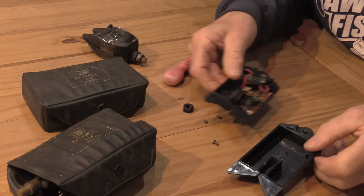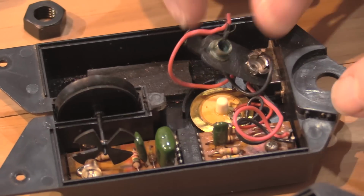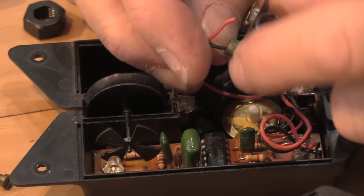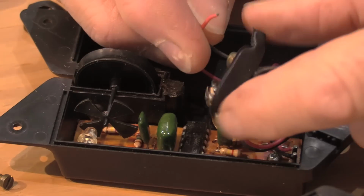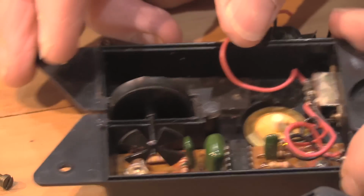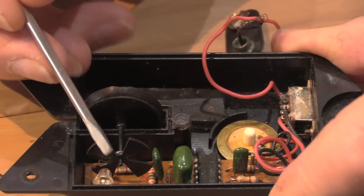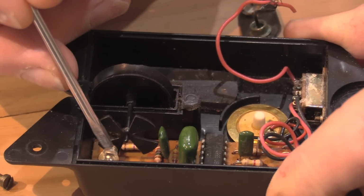This one hasn't got a battery on it, but you'll get the principle of it. Battery goes on here. Obviously not on this one, because as you see it's all corroded and the terminals aren't even connected. The wires aren't on the terminals there, but you can resolder those should you want to use them. But there you can see, about there, if I point it with a screwdriver, just there is like a light